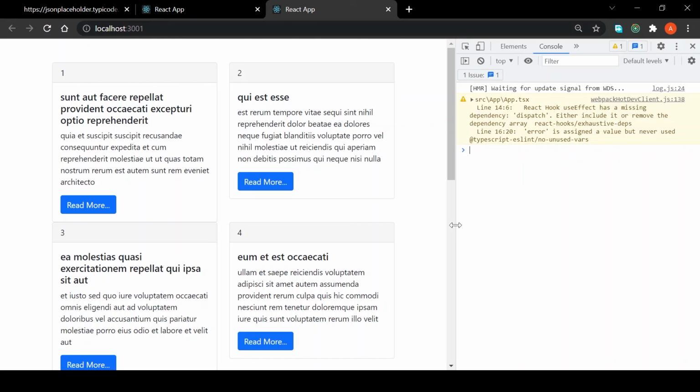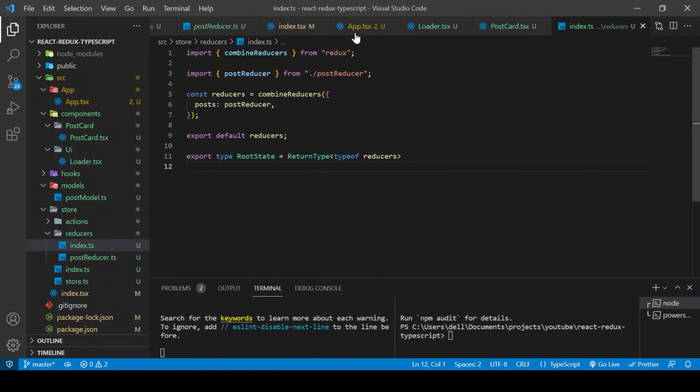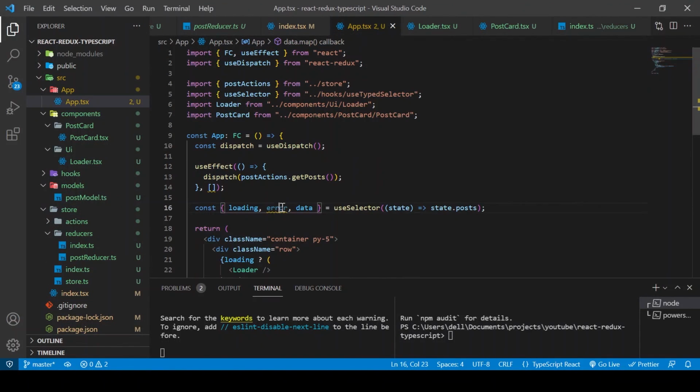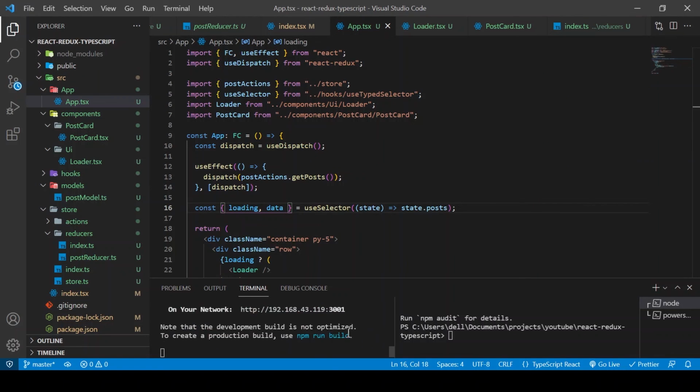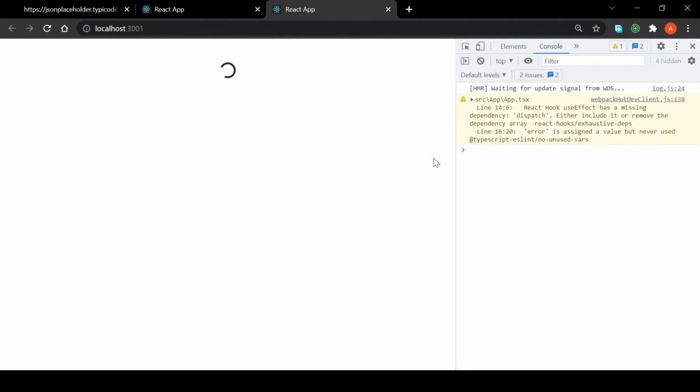Okay, we need to add dependency dispatch. So we'll go to our app.tsx. We are not using error, so we can let go of it, and then we need to add dispatch as a dependency. Since we're not using error, we can delete it, but in your app you can always use it to show the error message. So that's it,